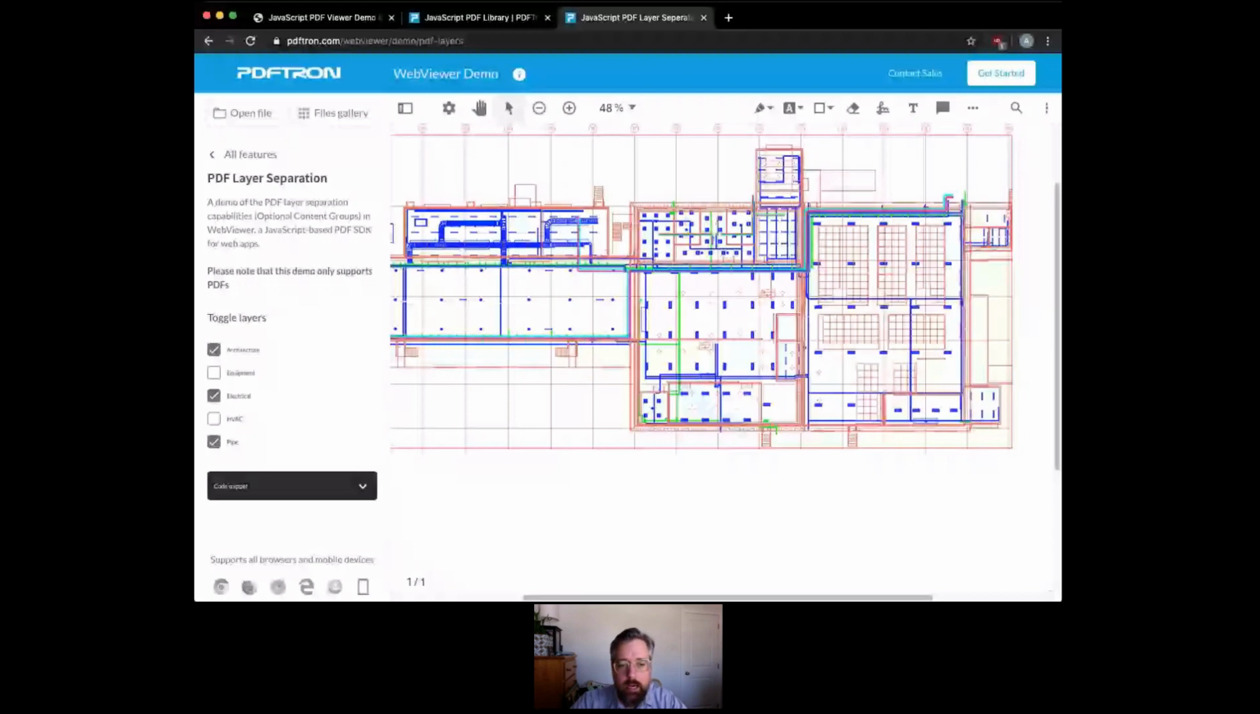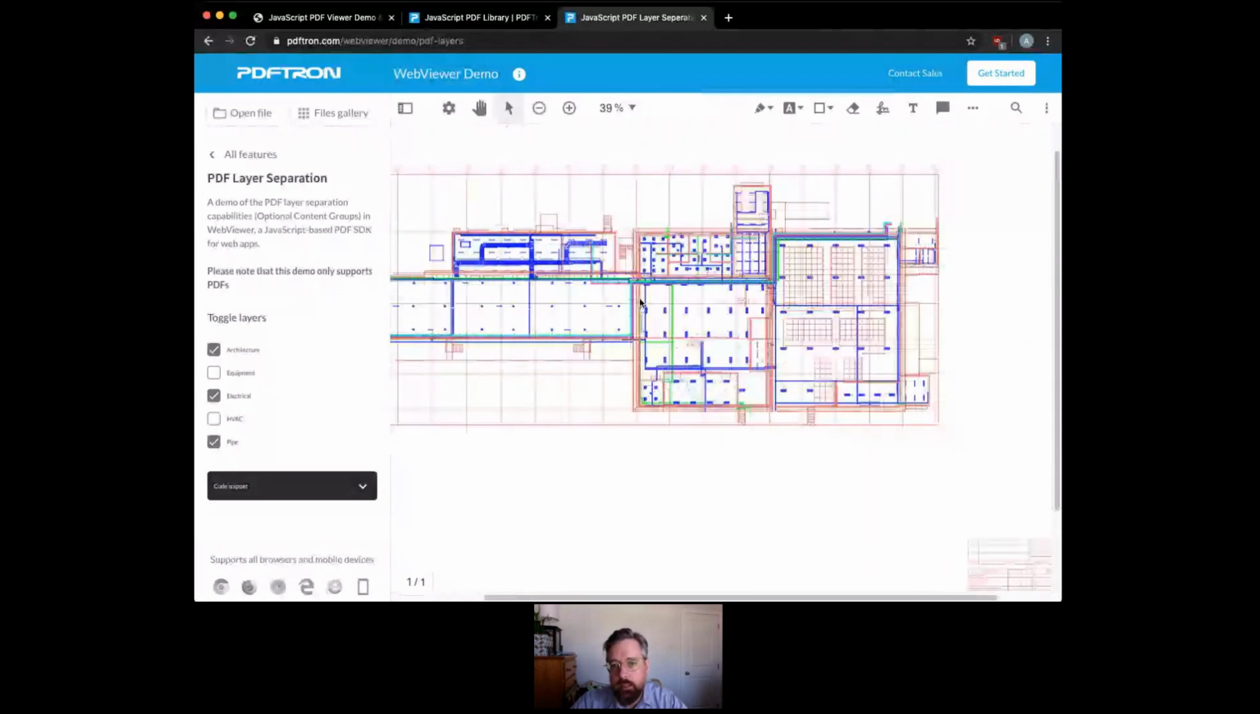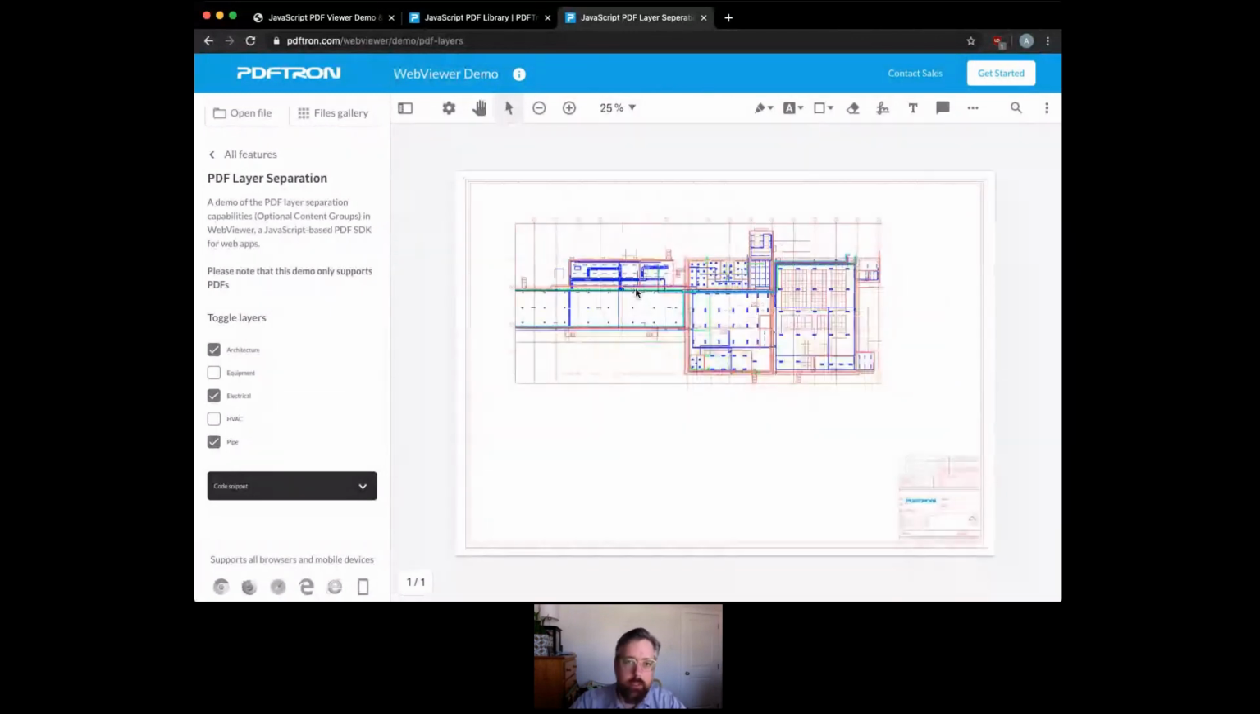Someone was asking where these layers come from and whether these are Revit layers or something else. That depends on how the document is created. You can bake them into any sort of PDF file, whether that's created from Revit or some other program. And a lot of that, whether you have these kinds of layers baked in, comes from converting from other